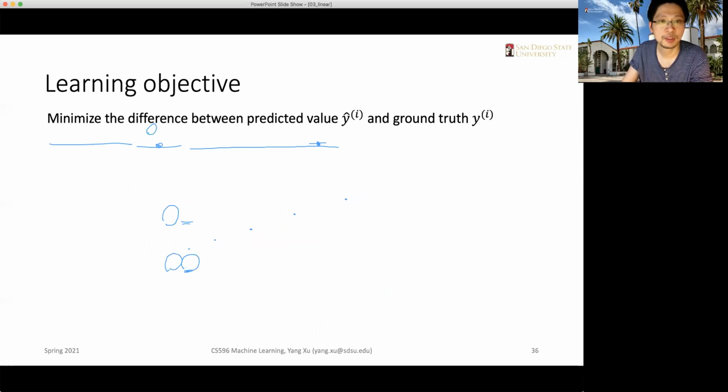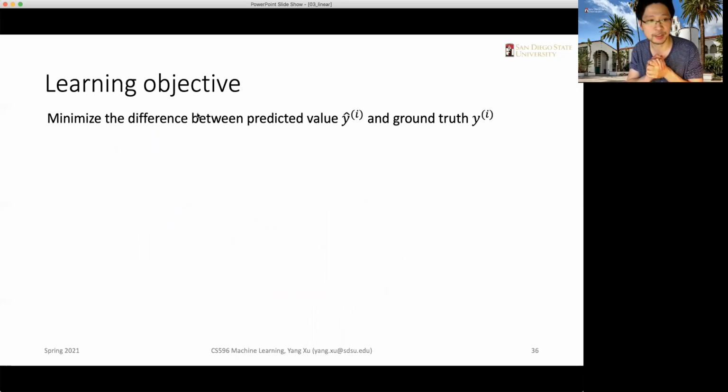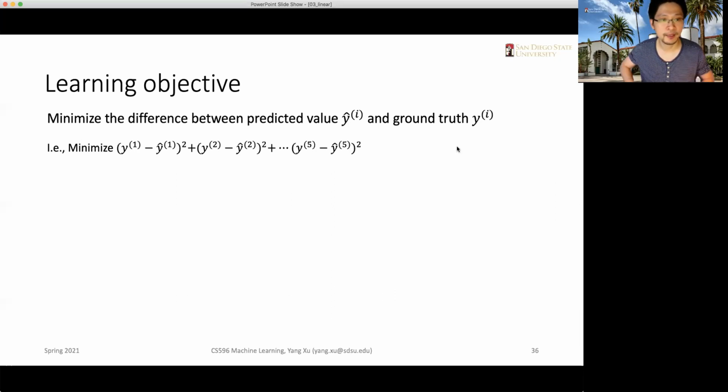Given this goal in mind, we can define our learning objective, which is to minimize the difference between the predicted value y hats and the ground truth y. We call yi the ground truth because they are in the training data and never change. We think of them as truth. So we can use this form,